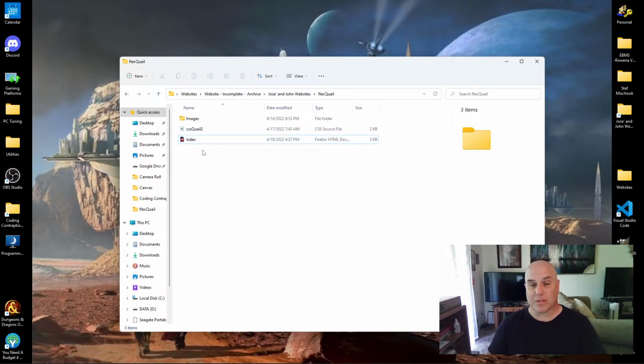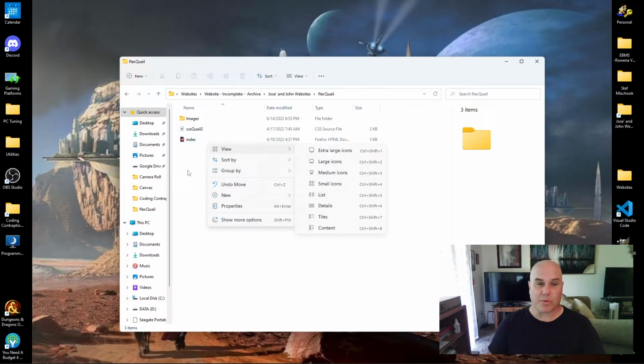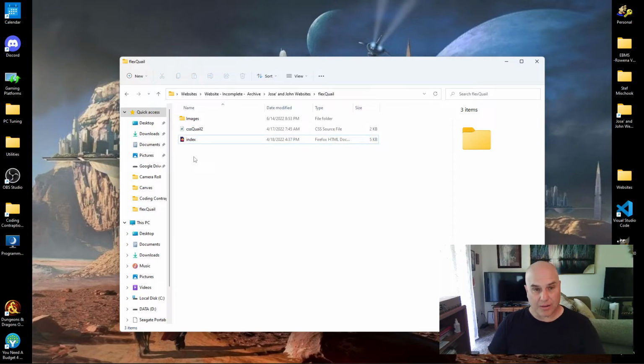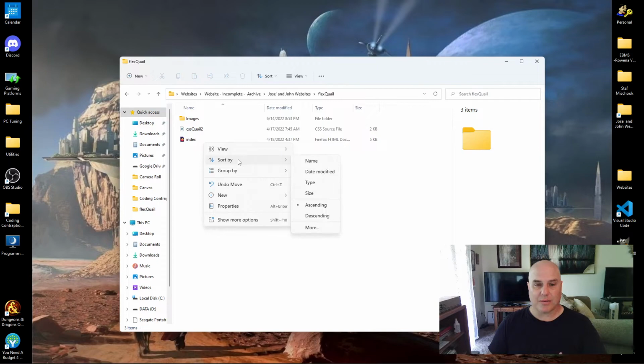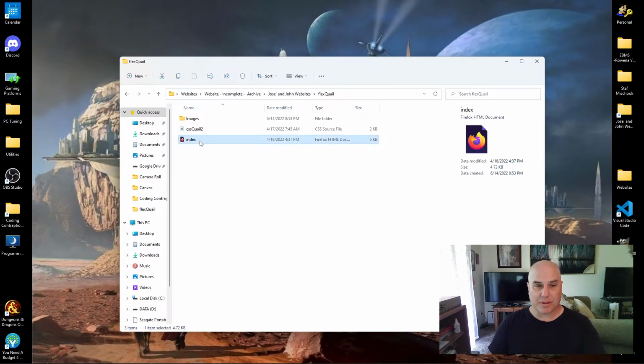Before we get into looking at the code, I want to mention that the first thing you probably want to use or install on your system for web development is some type of code editor. There are others out there. The one that I settled on, and a lot of other people have suggested all over the internet, is going to be